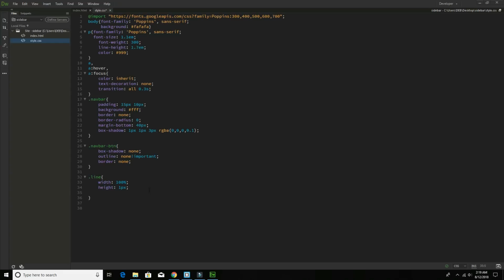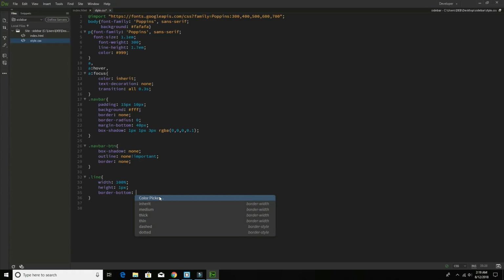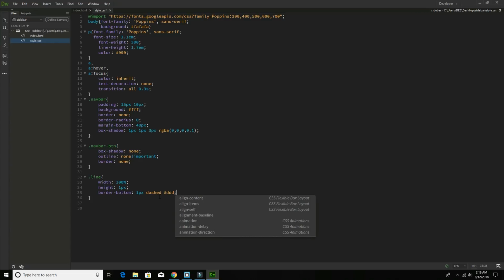So after that, border bottom 1 pixel, dashed, and color will be hash DDD. Okay, so after that, actually till now it's going to